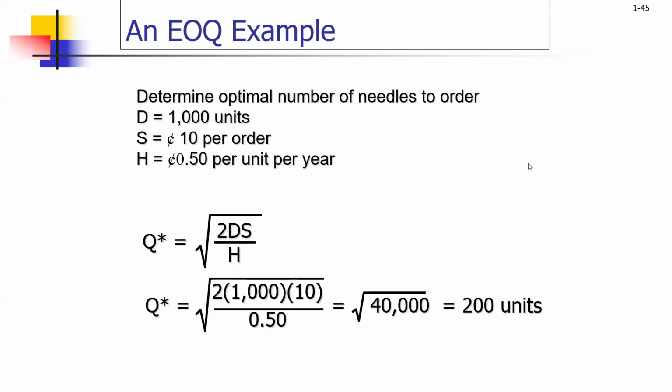So you have to look at this example here too. You have to determine the optimal number of needles to order, where the demand or the D is 1,000 units. What is the S, which is 10 per order? What does S mean? That is ordering cost. And then the H is what? Holding cost. So the EOQ or Q, the economic order quantity, is the square root of 2DS over H, where D is what? The annual demand. And then the S is cost per order. And then the H is